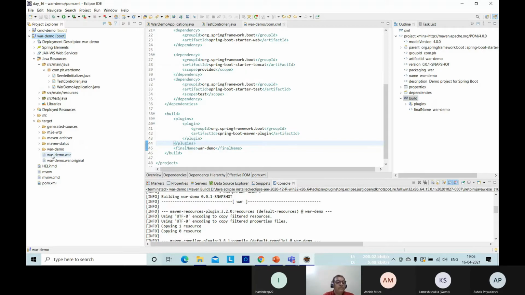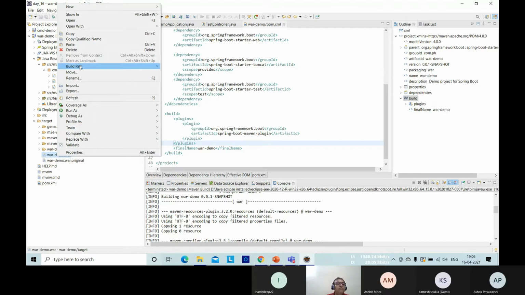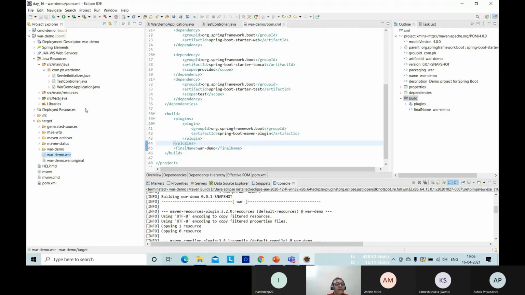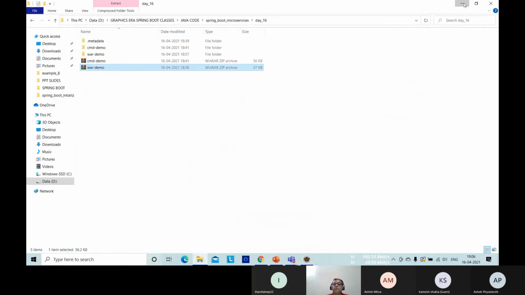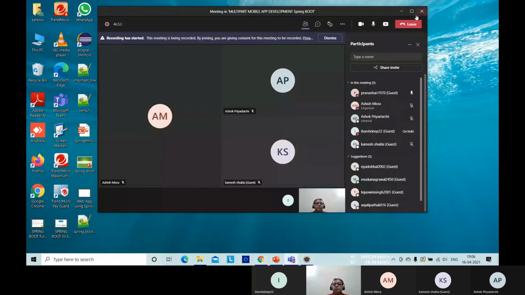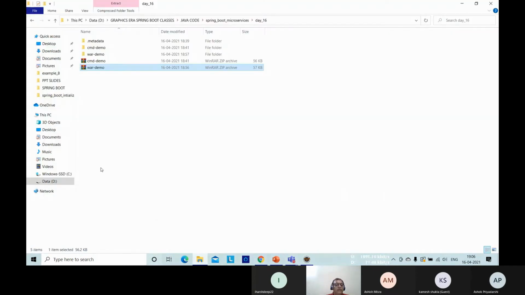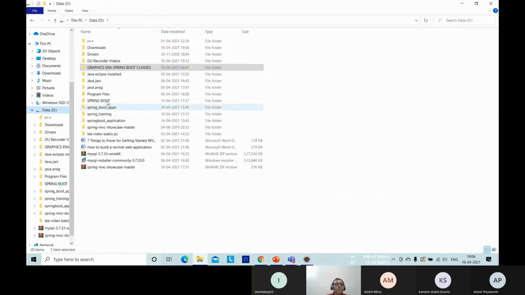So I will just copy this file and I'm moving to the process of deployment. Now for deployment, what are we supposed to do? I have to open the Tomcat folder where to deploy.